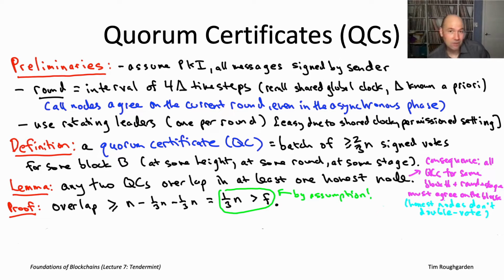So they may as well be the same. Each of them maybe has a different set of identities of voters, but they're all for the same referendum, they're all for the same block, so they're pretty much interchangeable. All right, so one other thing I want to tell you in preparation for the pseudocode, the Tendermint protocol on